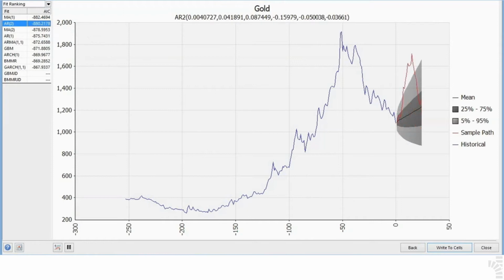7. Click on Other processes suggested on the list and observe how the projected pathways change. In this case, you can observe that variations from one method to another are near insignificant. In fact, the AIC statistic coefficient seems to stay a relatively similar number. 8. Go back to the first method on top of the list, the MA1, and click the Write to Cells